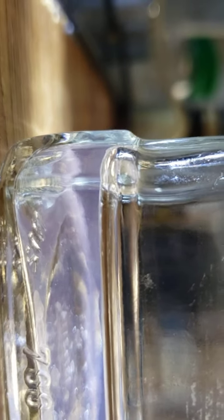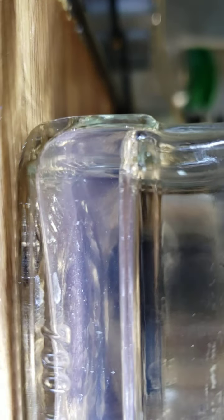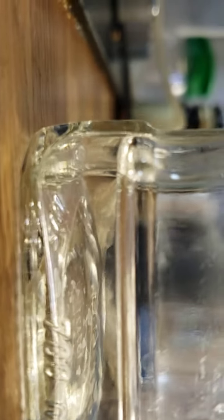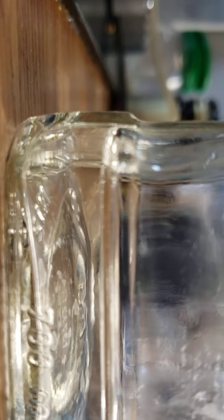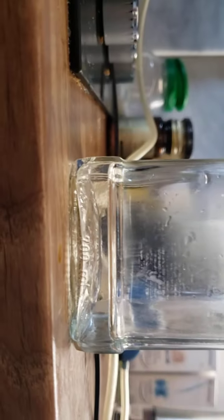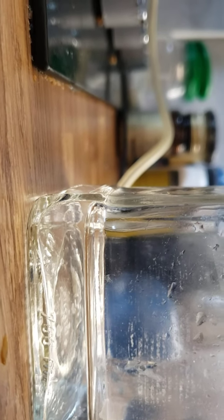And some of it's coming from the glass to some extent, as you can see, but the vast majority is coming from the water, and you can only see it if you put it at a certain angle. And that's all mixed in with all the water. And as I say, it should look clear to the naked eye. If to the naked eye it looks grey, you've got too large